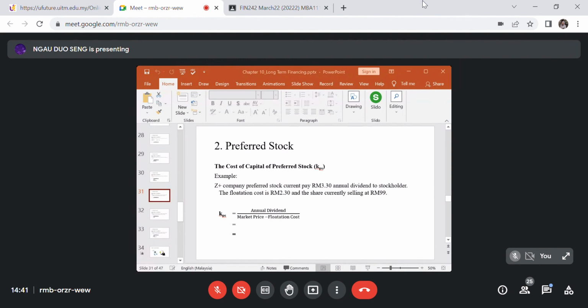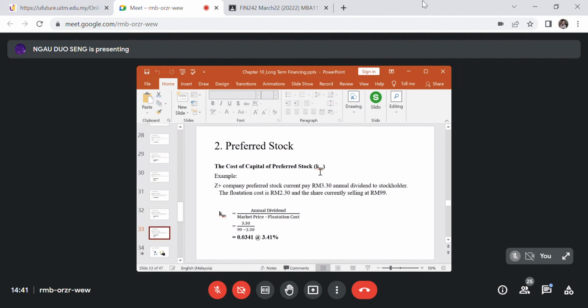All right, so we check. So we have 3 ringgit 30 cent divided by 99 minus 2 ringgit 30 cent. All right, so we have 3.41%. So you can check for this example,